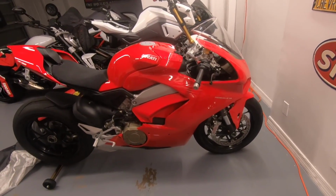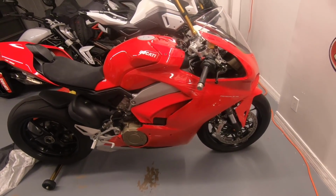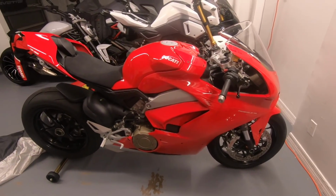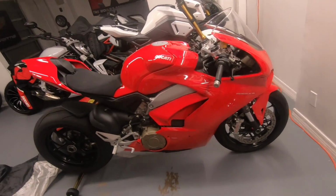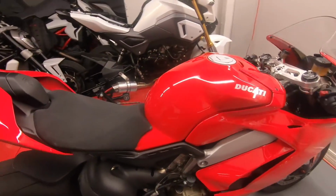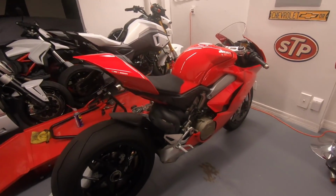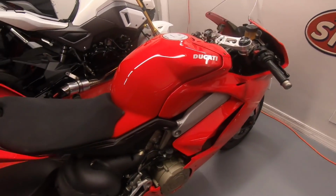Of course, there have been a few recalls issued for this bike since it came out, like for the gas tank, the levers and stuff. The shifter levers and such, which have all been addressed, but no big deal and no issue. There also was a mapping issue that a lot of people were complaining about, the